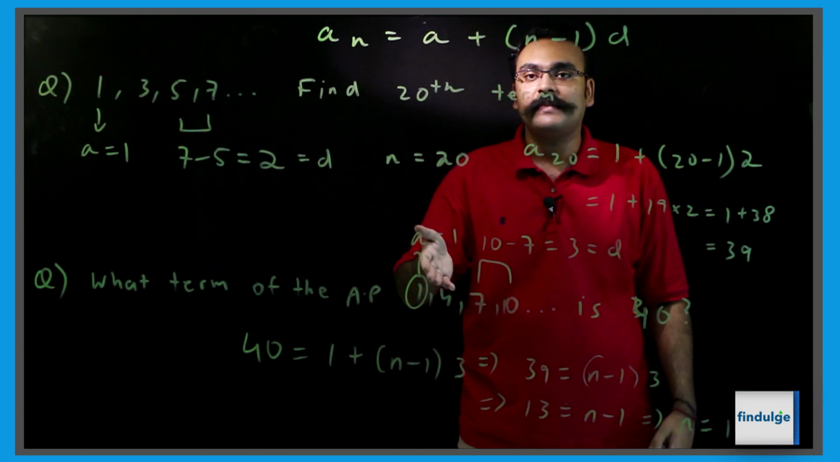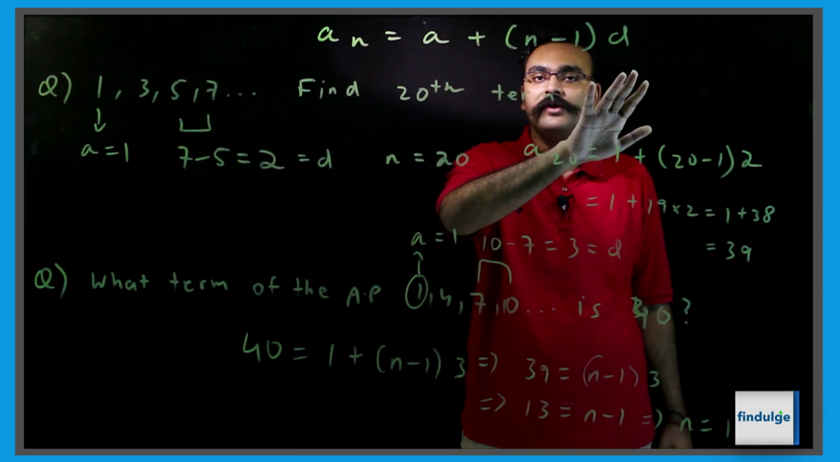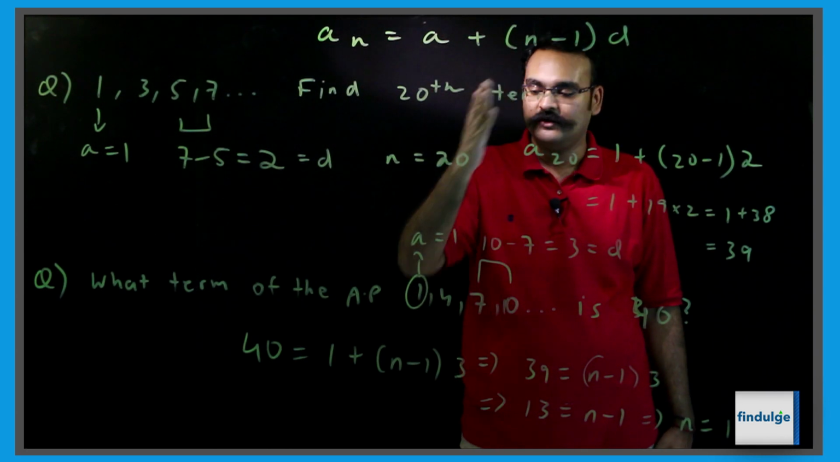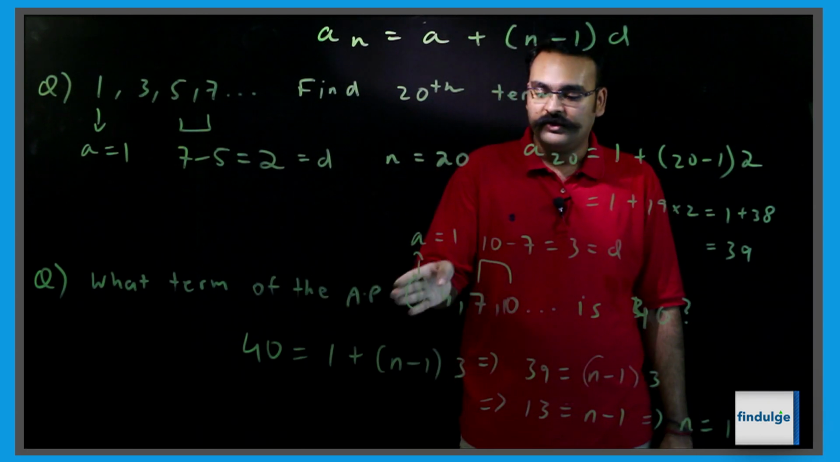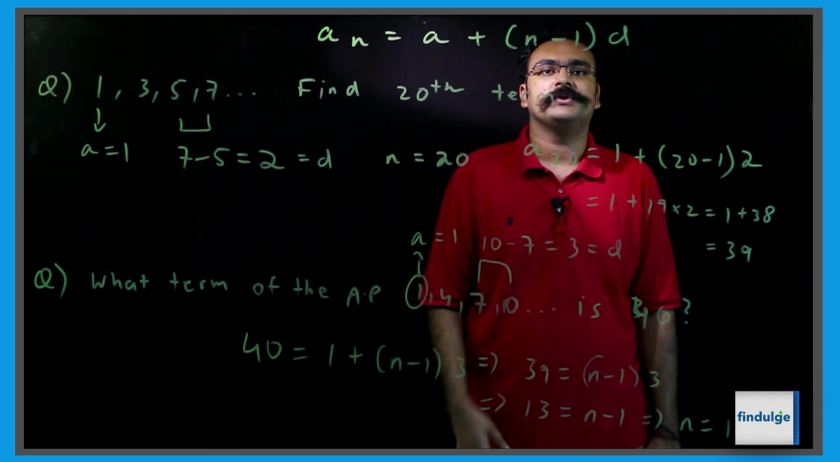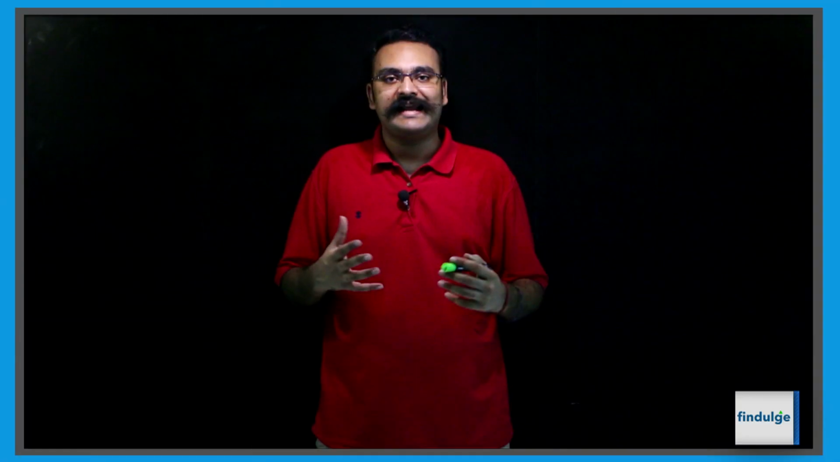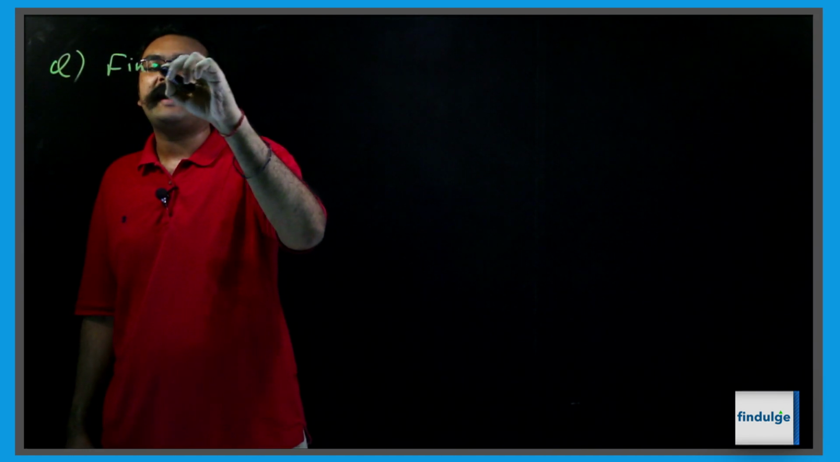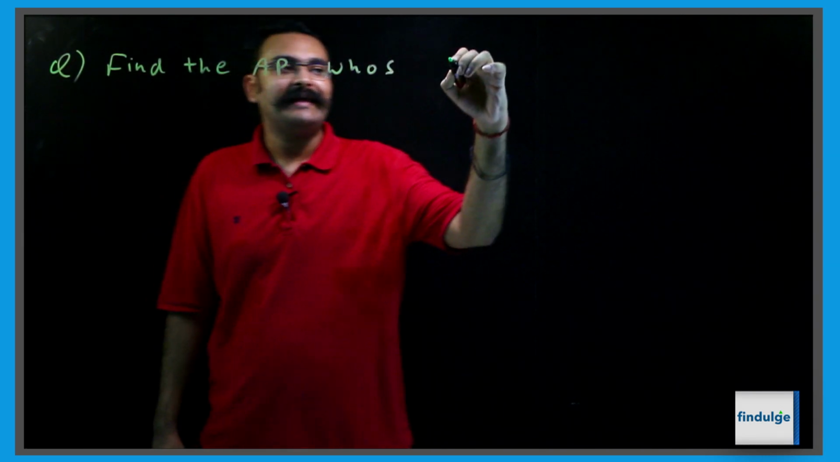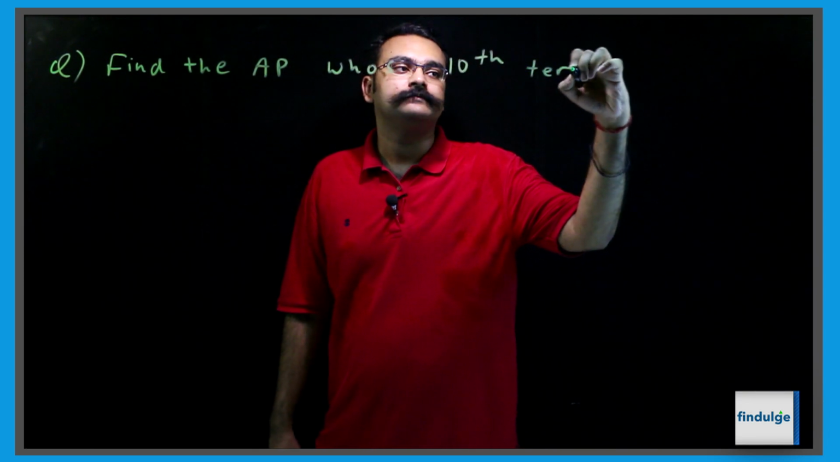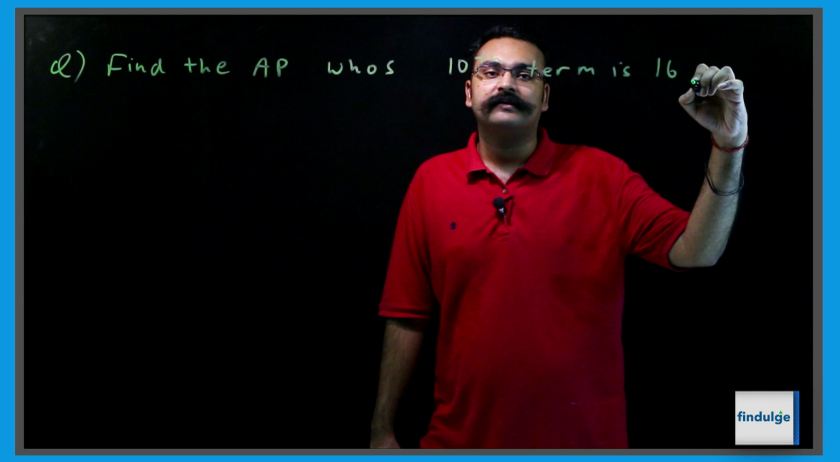So they gave you some information, 3 out of the 4, and asked you to find the missing thing, which was what term of the AP. We got 14. Again, you can write this AP out and see for yourself what is the answer. A slightly harder problem is one in which they'll ask you to find a couple of things from the formula. For example, the question could be, find the AP whose 10th term is 16 and